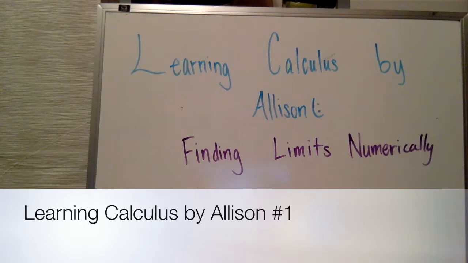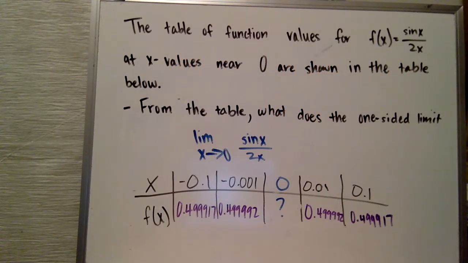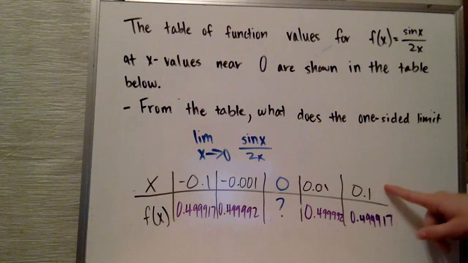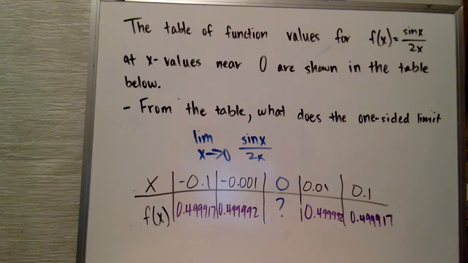Today, we are going to be focusing on finding limits numerically. Here's the first example we're going to try. The table of function values for f of x equals sine x over 2x at x values near 0 are shown in the table below. This table right here. From the table, what does the one-sided limit as x approaches 0 of sine x over